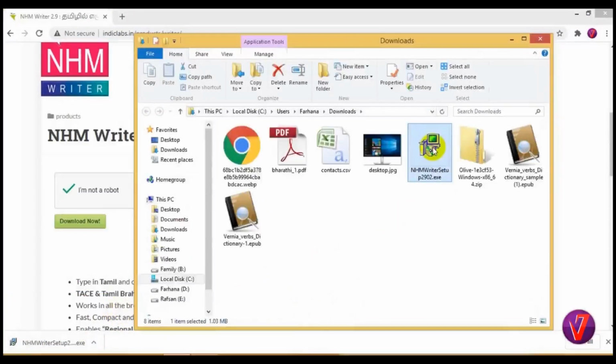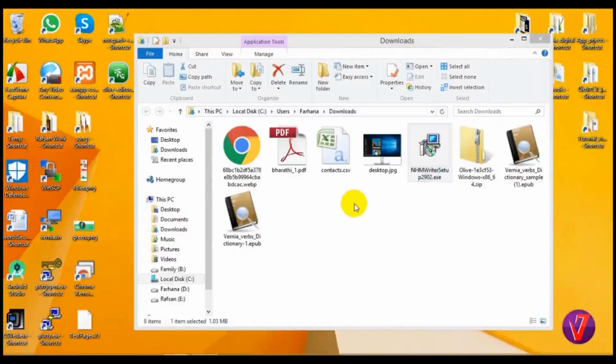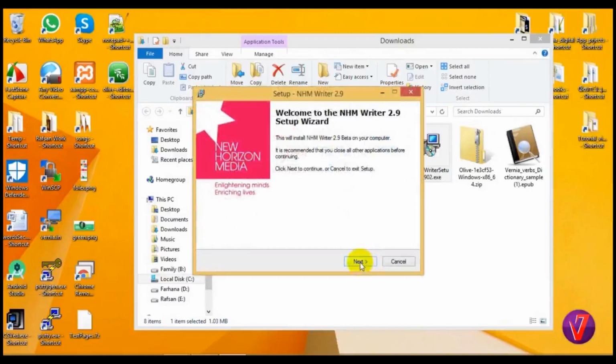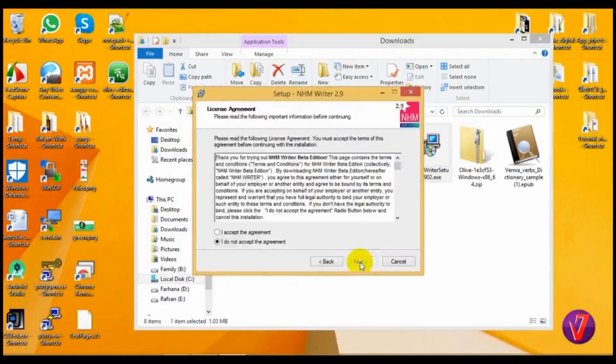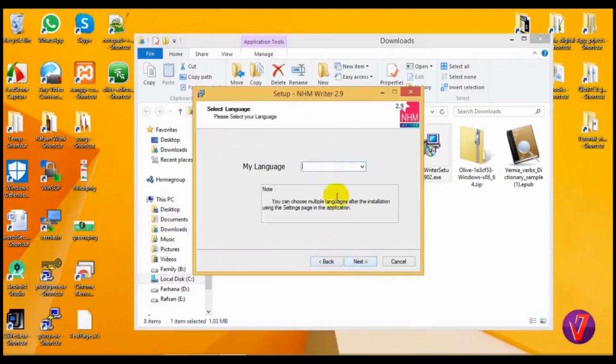Click on installer file nhmwriter setup.exe. Select your default language. It is nothing more.